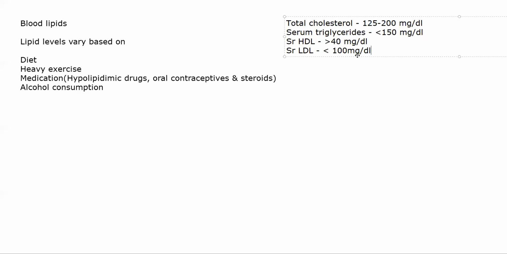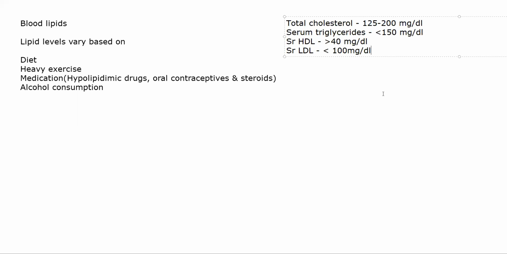Now, you will see a moderate increase in total cholesterol and triglyceride levels specifically in certain conditions. Generally, obesity. Okay, early grades of obesity, or if a patient is overweight, triglyceride levels remain high in those people. As there is weight reduction, it will come back down to normal. If the patient has diabetes mellitus, or alcoholism, or von Gierke's disease, which is type 1 glycogen storage disease, or the patient has nephrotic syndrome, or they are on a few drugs that are causing hypertriglyceridemia.